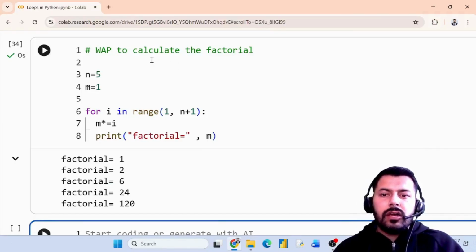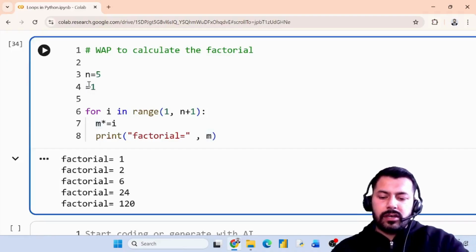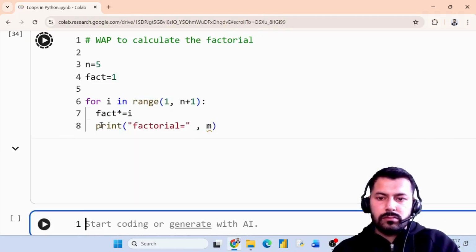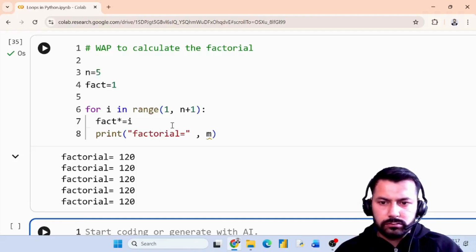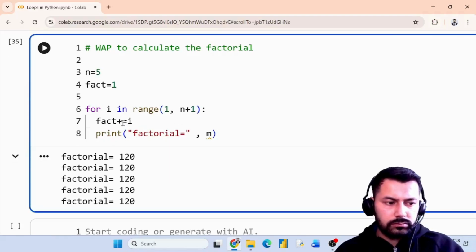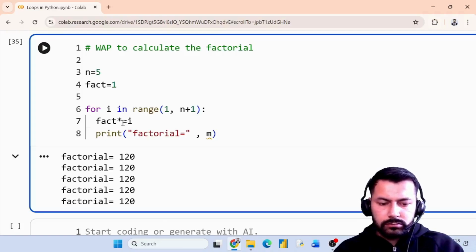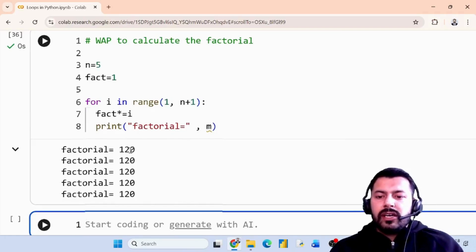So as you can see, what we have done: I wanted to calculate the factorial. I have used one variable here, that is 5, and another variable that is 1. You can also mark it as factorial so that it will be easy for you to remember it. So the factorial is